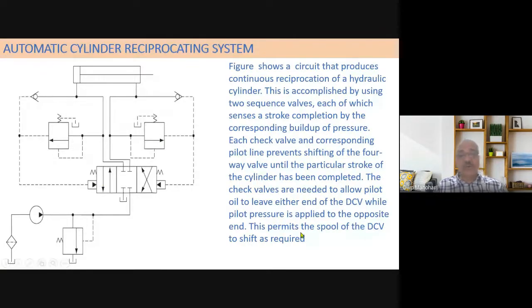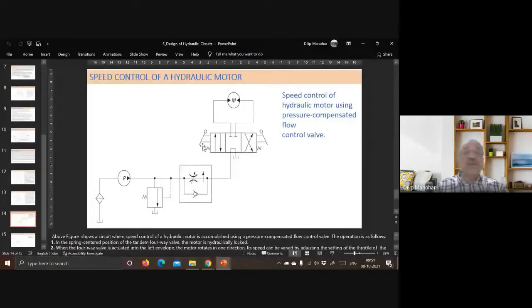So here you think carefully how it happens because of the given circuit. It is given in the standard design data book, how the things happen here. So you need to work out, physically imagining each operation systematically. Let us assume that first the cylinder A side is operating, then from the B side it operates. It gives the signal to the sequence valve. This sequence valve in turn actuates the signal for the pilot to the direction control valve. I think then we go to the next slide here.